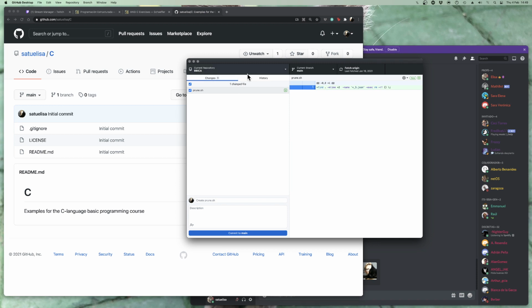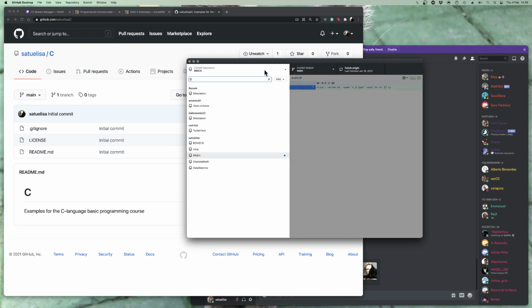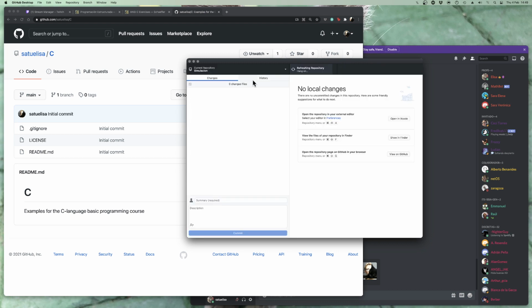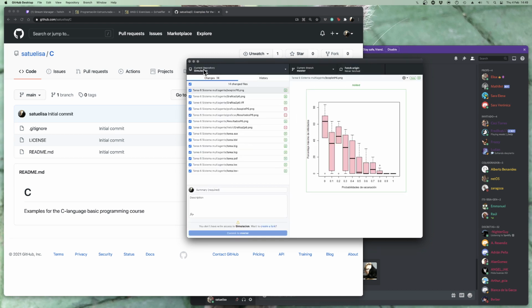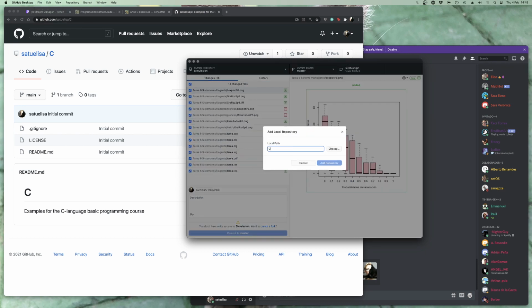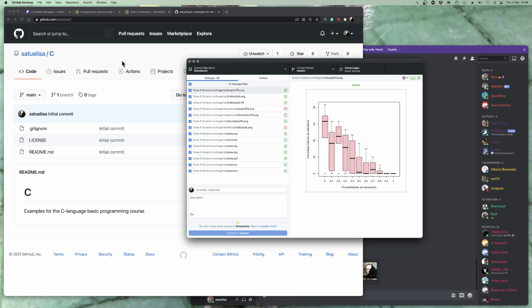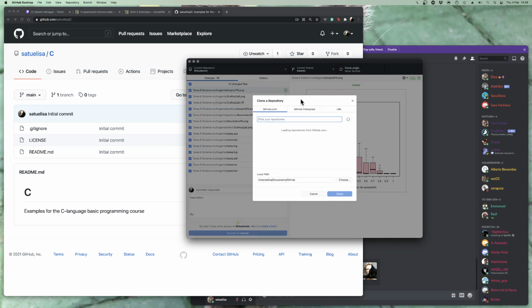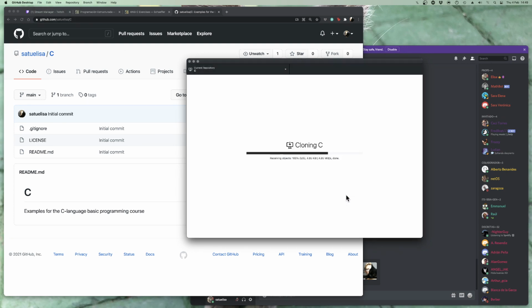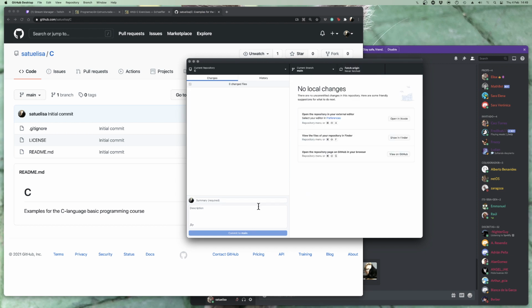Okay, how do I make it refresh so I can actually see my new repository? No, I don't want to look at the simulation one. I really hate using desktop things. Clone repository. This one. Okay, so now I have a version of it here, and I could interact with it